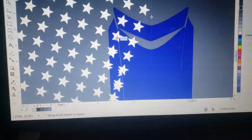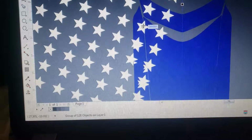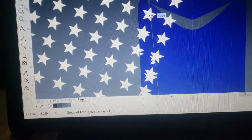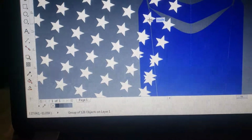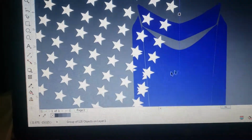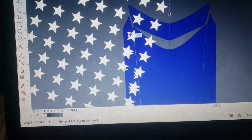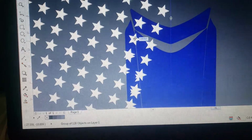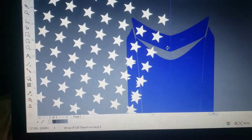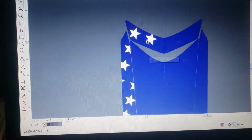Alright, like I said, you want to place this star up here because it's the closest to up there. As close as you can to lining that up. That's just a tiny little bit off, but for what we're doing, it doesn't have to be exact because this is going to be black, so you're not going to have the star over here, so it's fine. So, once you have it placed to where you want, power clip again, and then press this. Okay, so at this point in time,